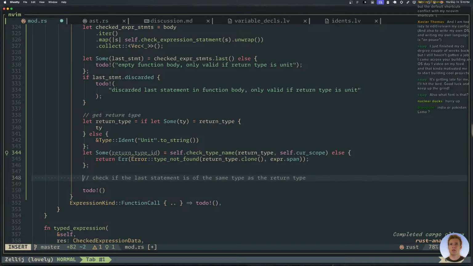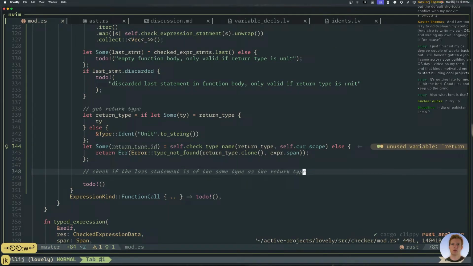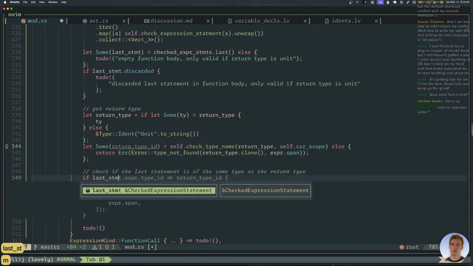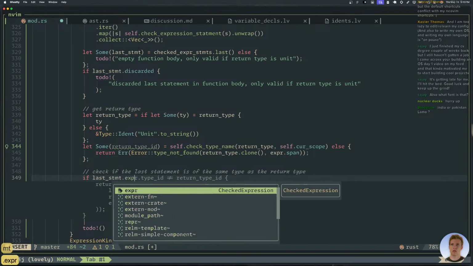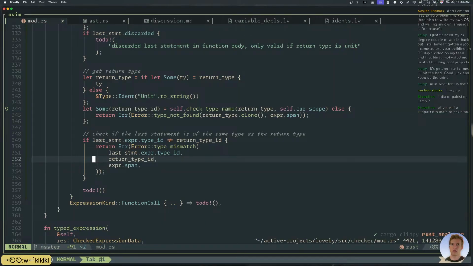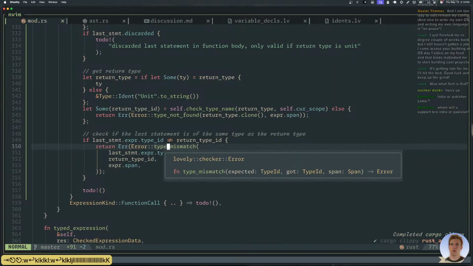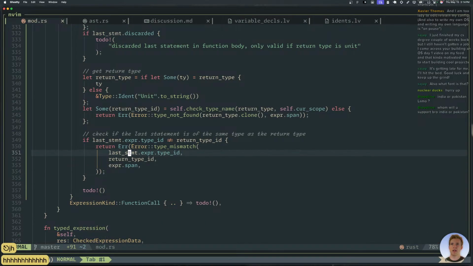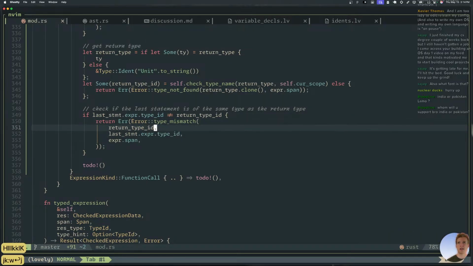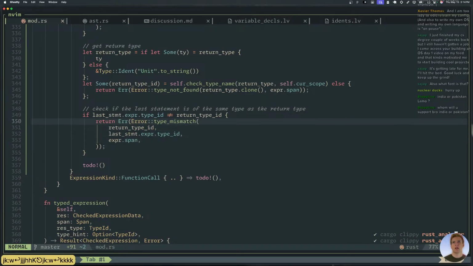Okay, so yes. Expected, got. No, these should be switched around, right? We expected return type ID, but we got this one. Expected that, got that. Perfect. That's pretty cool.